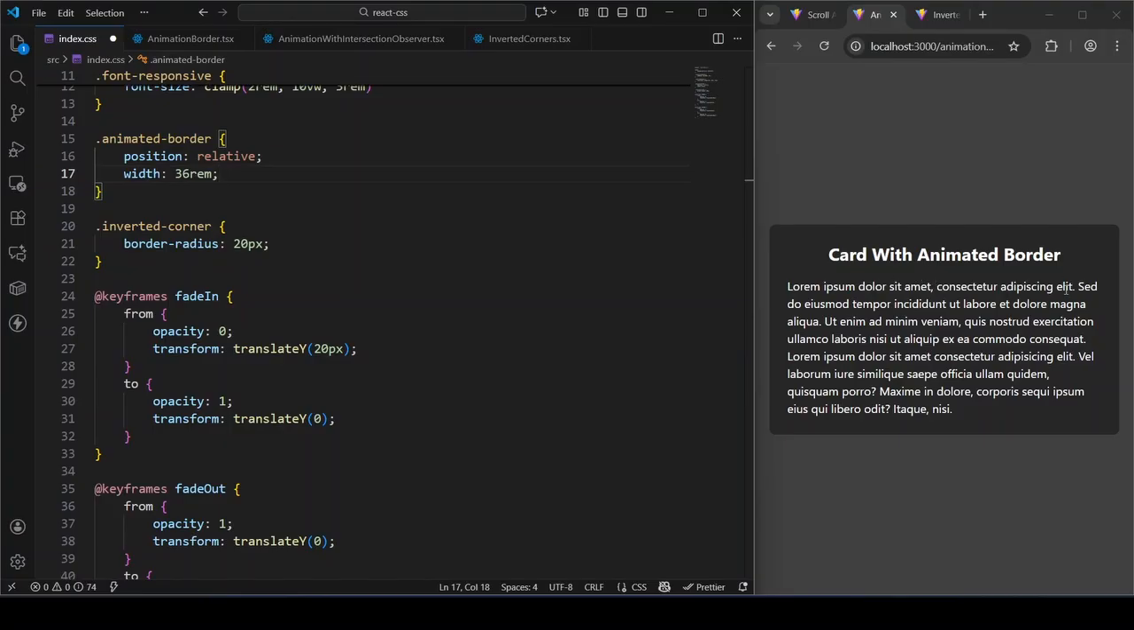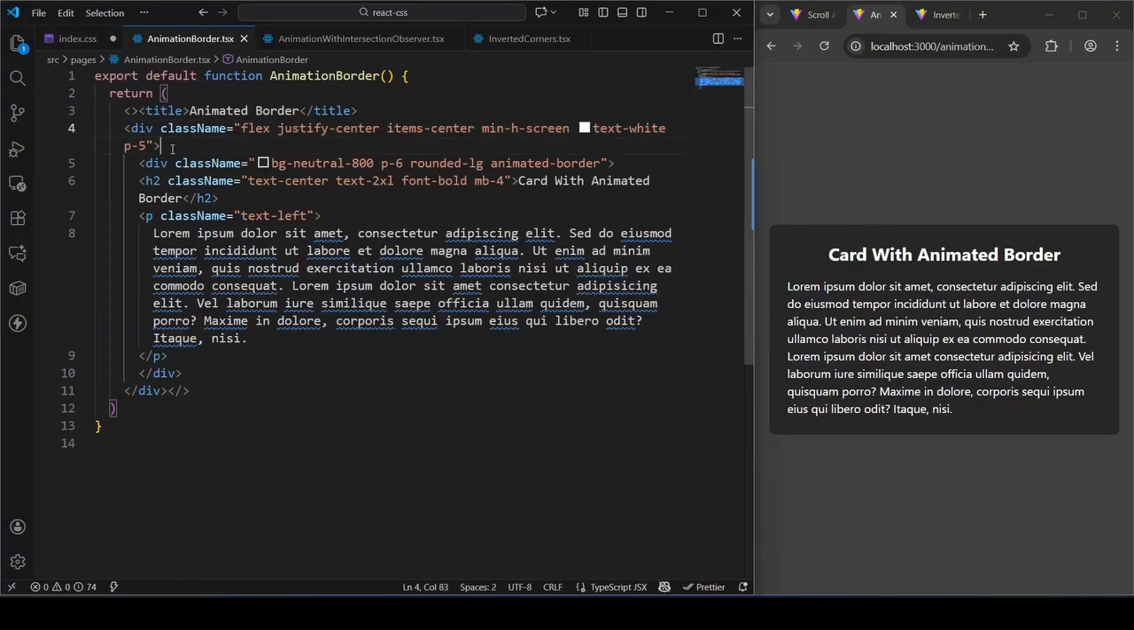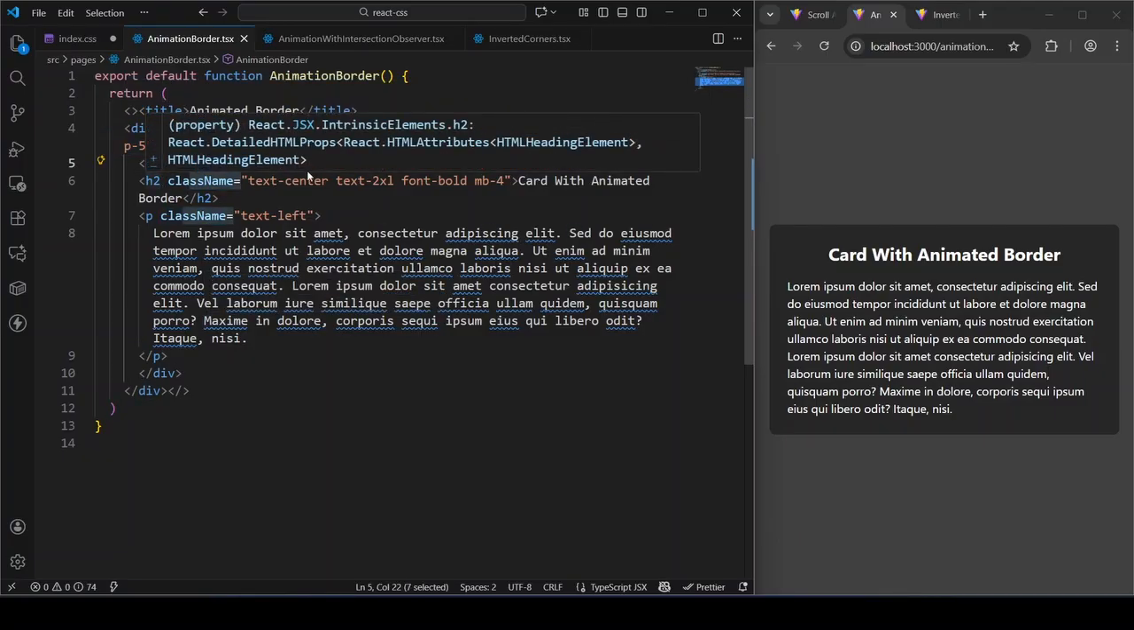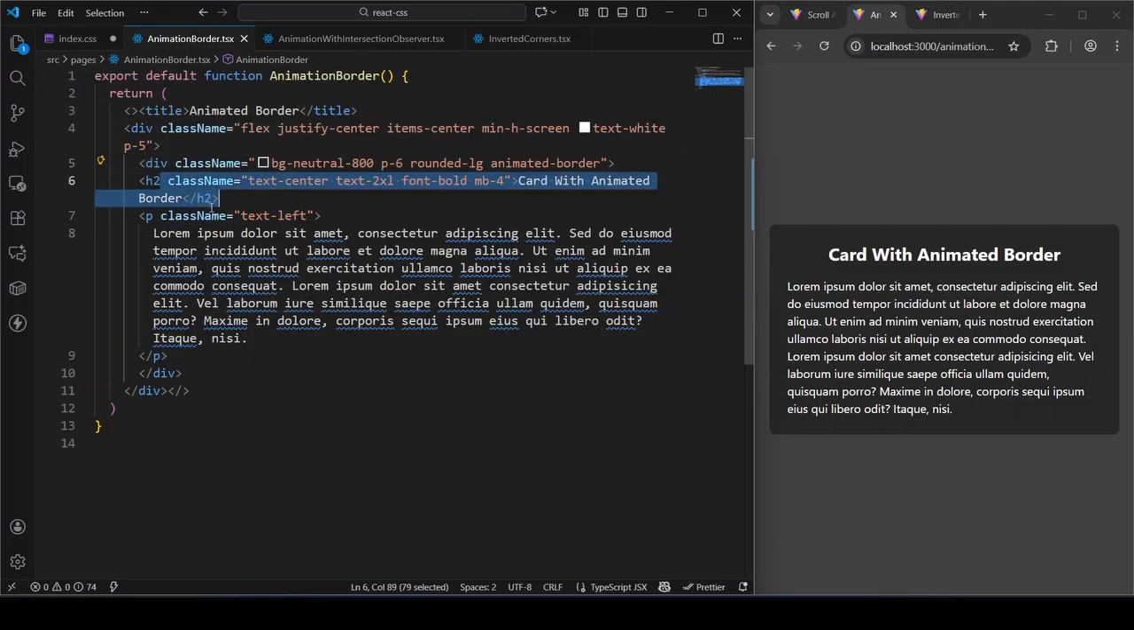So I have a card, and this card is just a simple card with rounded borders. Okay, and if I show you, this is how the card is set up. Just a div with a h2 and a p tag. Okay, that's it. So here, what we're gonna do is